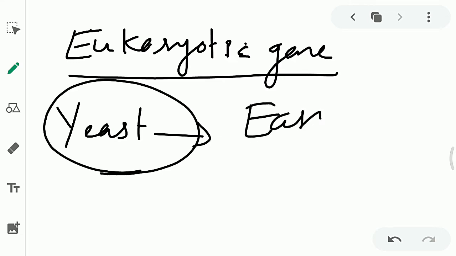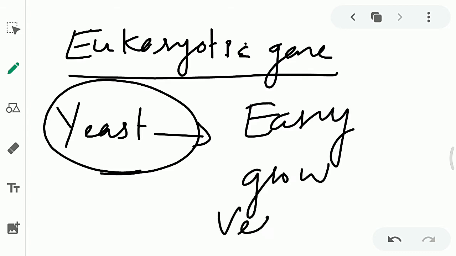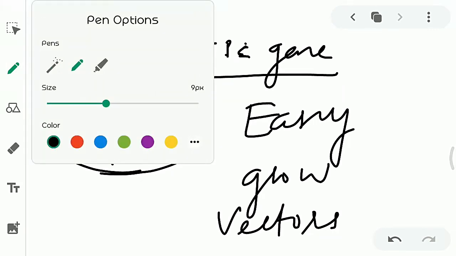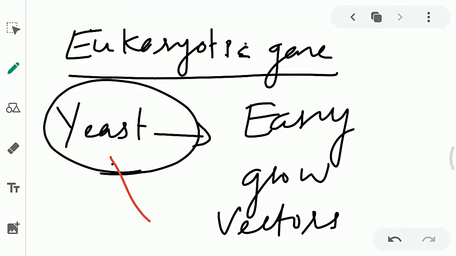Easy to handle, easy to grow, accept variety of vectors. This is why we select yeast as a favorable host for majority of eukaryotic